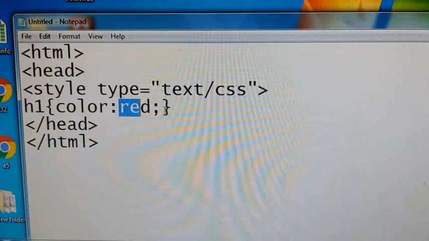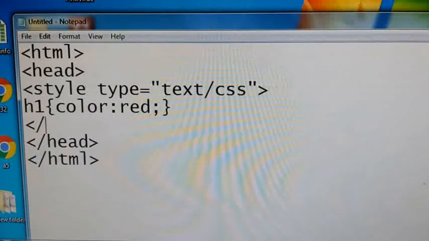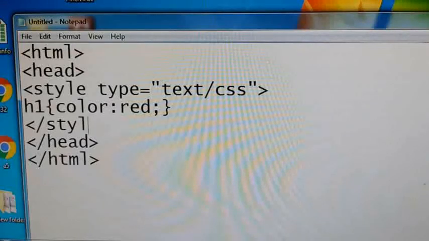Now here I am giving properties to only one tag, that is the h1 tag, and the style tag will give the style information only. But where will we give the content? Inside the head section we will give the content. So here you close the style tag. Whatever CSS code you want to include in HTML code should be between a style opening and closing. When you close the style tag, whatever properties you wanted to give using CSS will end.